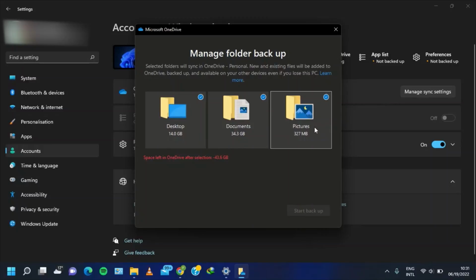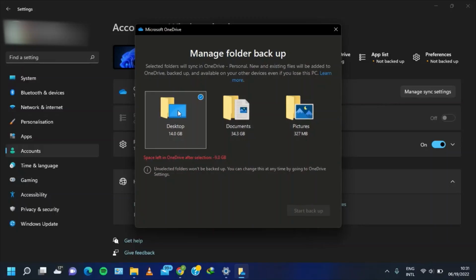Select files which you wish to upload. Ensure that the files are within the storage limit of your cloud system. Finally, click on Start Backup, and that is how you configure OneDrive settings on your